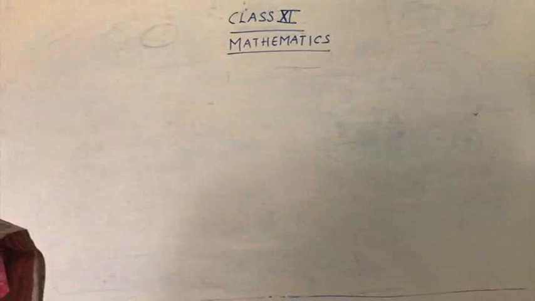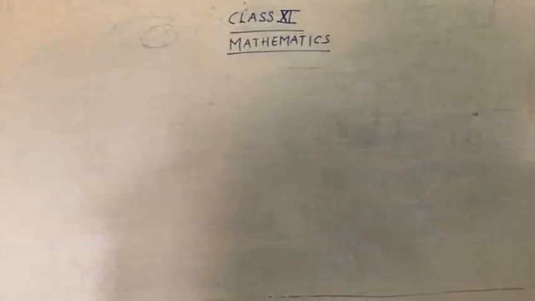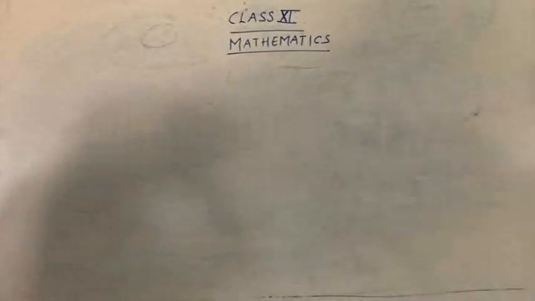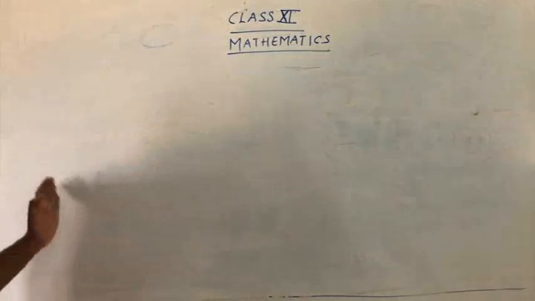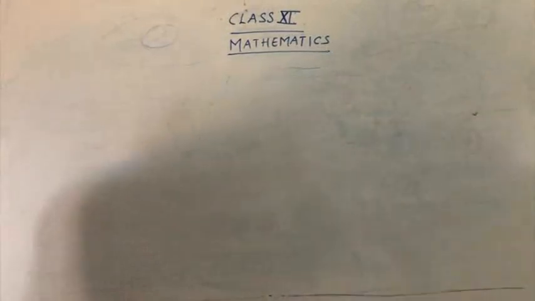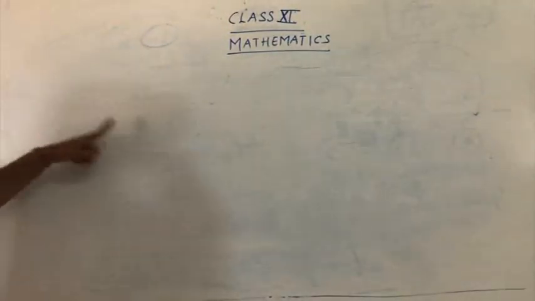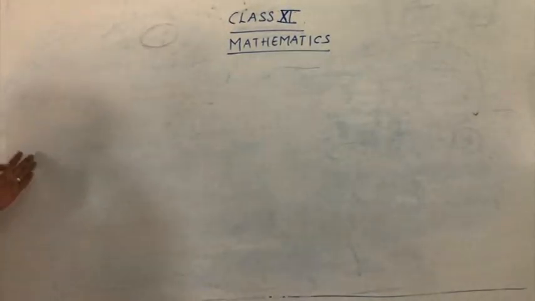Before we enter our exercise, we'll have a small recap of what we have done in our previous classes. We dealt with different types of functions, and I told you that in this lesson we are going to deal with questions based on 1-to-1 and onto. You know the definition for 1-to-1. Every single input has a single output, or every element in A is mapped to a single element in B. So the mapping is 1-to-1.